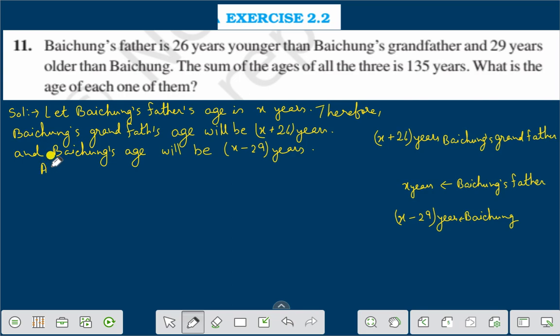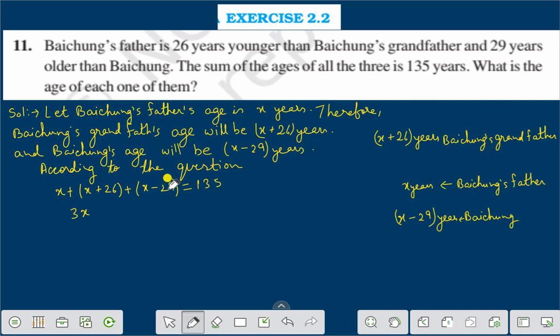According to the question, X plus X plus 26 plus X minus 29 is equal to 135. Adding, X plus X plus X is 3X